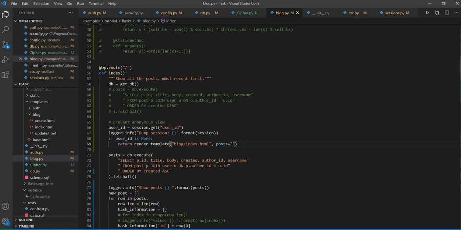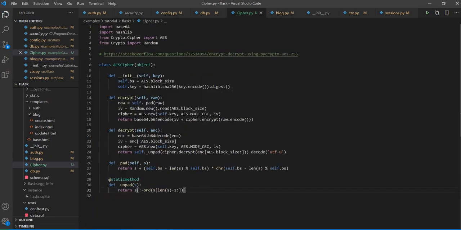And when the user creates a new post or updates, the corresponding encrypted bodies will be encrypted and saved to the database. Here we also provide the detailed source of the AES cipher with encrypt and decrypt functions, and the output will be converted into a